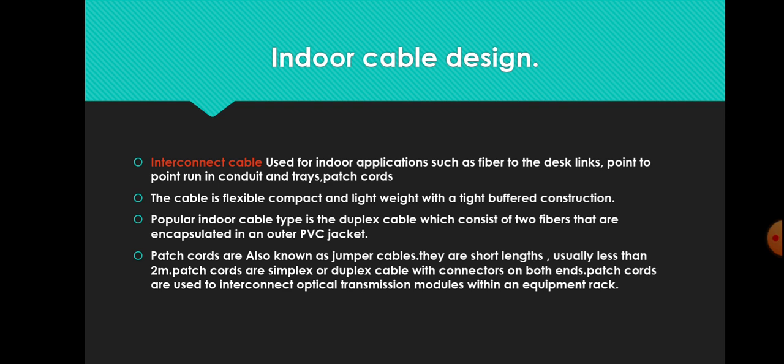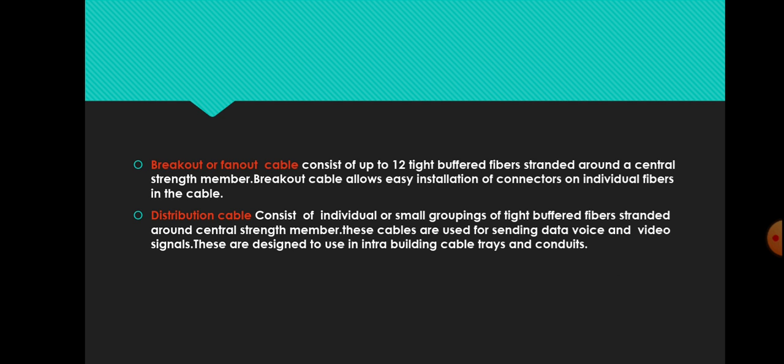In the case of duplex cable, there will be two fibers within it. Next is the breakout or fan-out cable, and it consists of up to 12 buffered fibers stranded around a central strength member. Breakout cable allows the easy installation of connectors on individual fibers in the cable, so that it can be